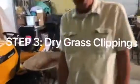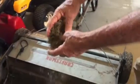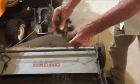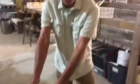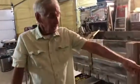And then I'll come here to my Craftsman rake. See how dry it is? I'll let it sit there for maybe a week or 10 days until I'm sure it's gone through the heat. It's not hot anymore. And I'll mix that with the worm poop and the peat moss, and